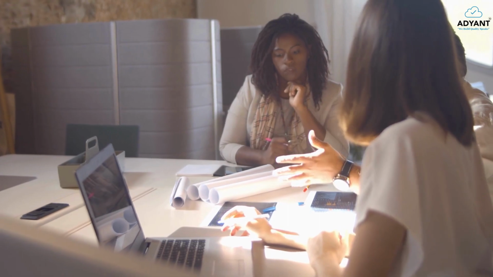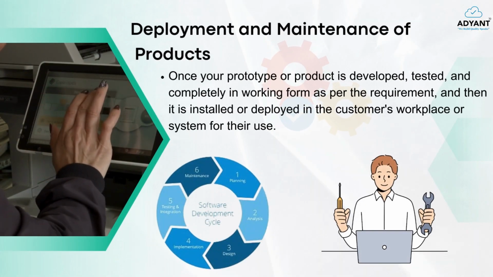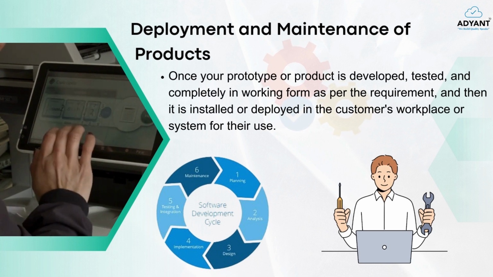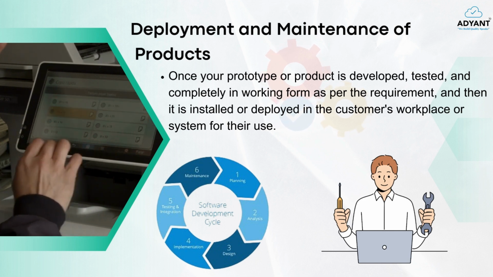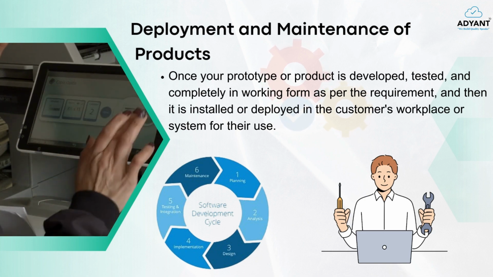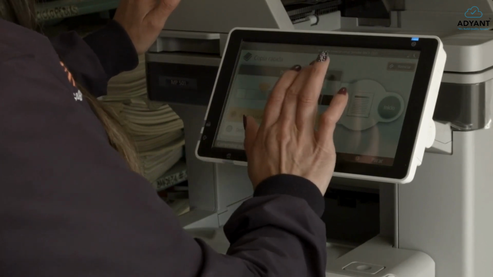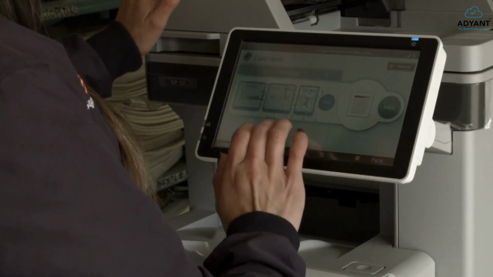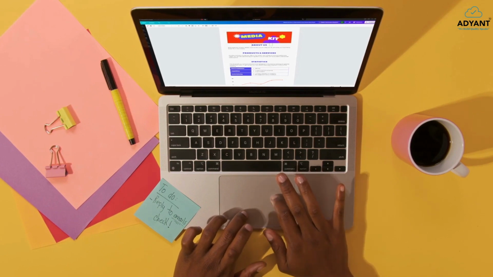So the deployment and maintenance phase is the last one before the client receives the product. This is where all the customer specifications are met, including quality and functionalities. In this stage, you will receive feedback from your customers or clients about the release and fix any issues that were found. This phase involves regularly updating your software products with bug fixes and new features so that they remain current and relevant to customers' needs from time to time.